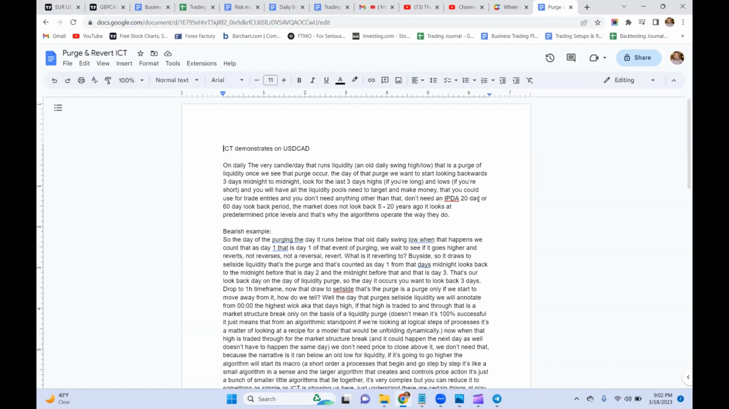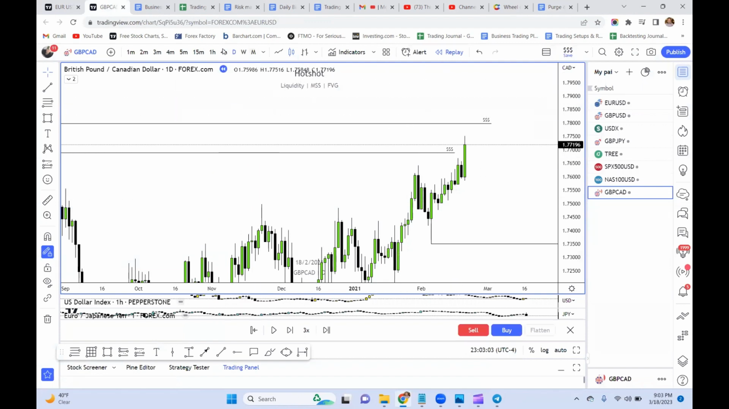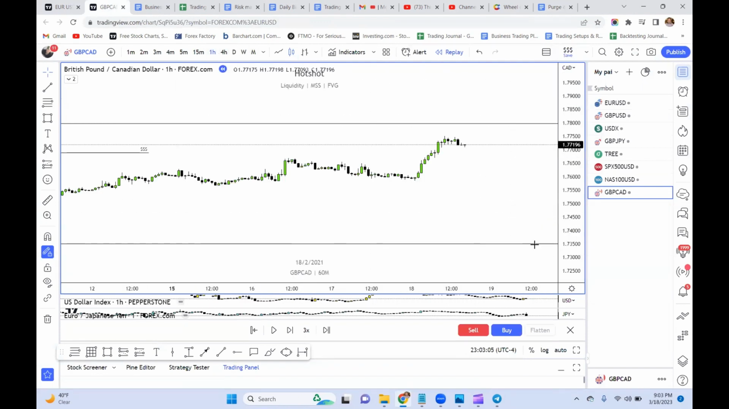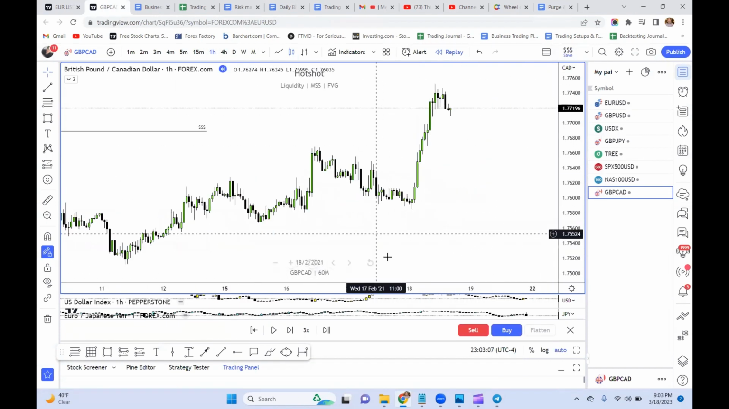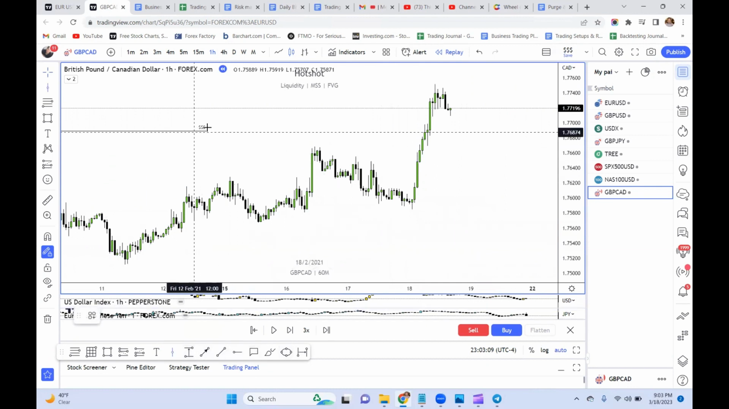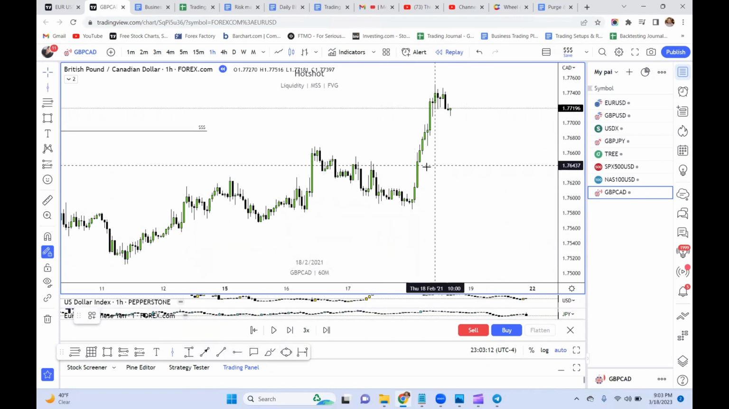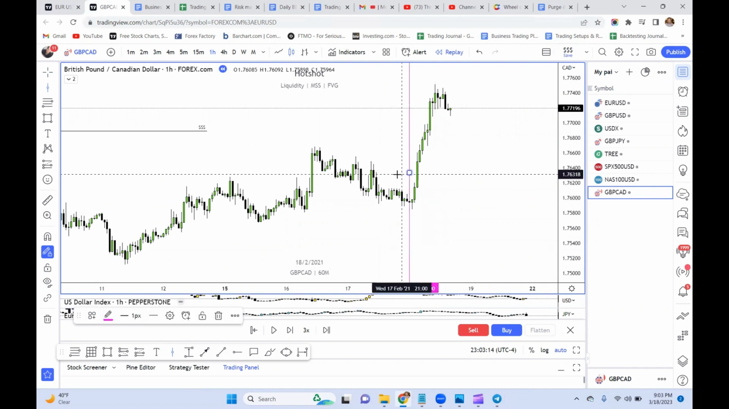Don't need an IPDA 20-day or 60-day look back period. The market does not look back 5 to 20 years ago. It looks at predetermined price levels, and that's why the algorithms operate the way they do. So first you want to just drop to your 1 hour in this situation, and you want to get the last 60 days. So on this candle that took it, we're going to delineate midnight,